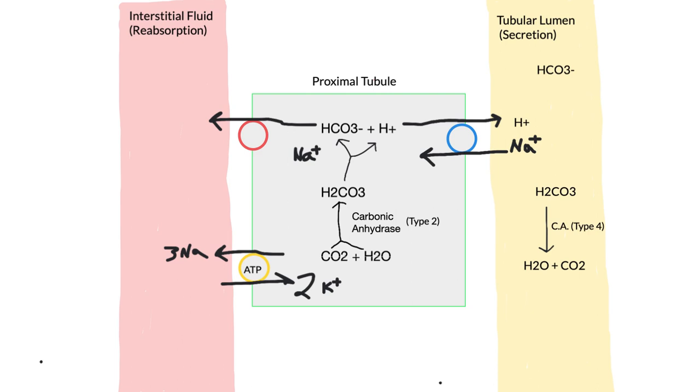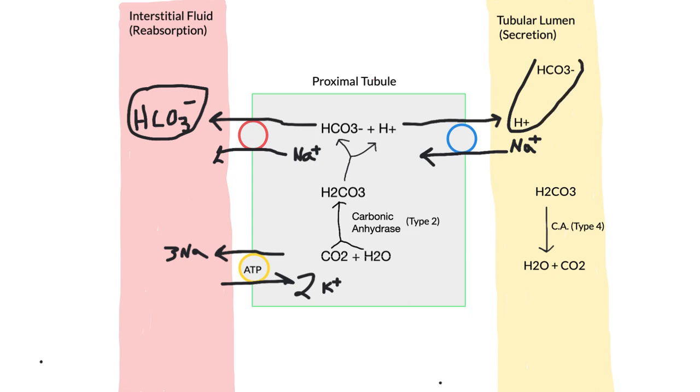Now, as bicarbonate builds up in the cell, it's going to want to leave, and it's going to take a sodium with it, which is going to maintain the original gradient that was set up from our sodium-potassium pump. At this point, we accomplished our two goals of reabsorbing bicarb back into the blood and secreting hydrogen into the tubular lumen. Now the story doesn't end here for hydrogen, as it's going to combine with any excess bicarbonate that's still in the urine,